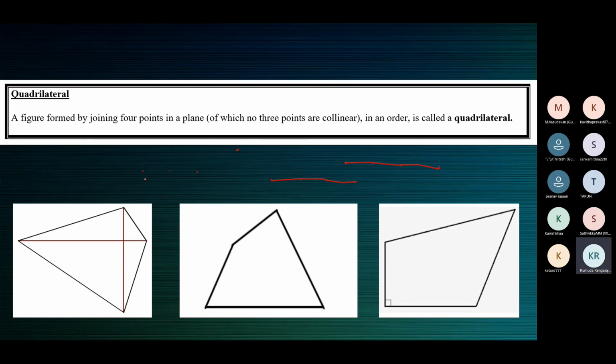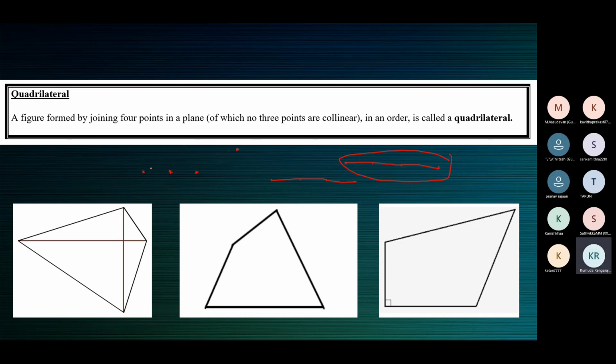Now we'll take this case where of the 4 points, 3 points are collinear. See here, 1 is away from all these 3 points. 1, 2, 3, 4. In the earlier case, all the 4 points were collinear. Now here, these 3 points are collinear. The 4th point is away from these 3 points. All the 4 points are not collinear. Now let us see if a quadrilateral can be formed.